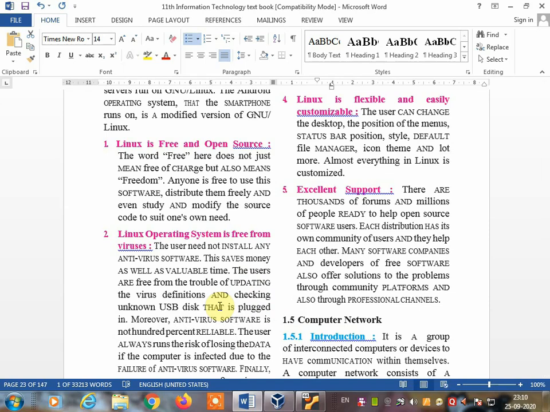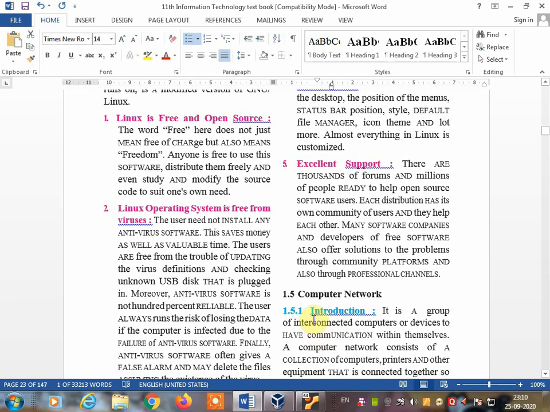So this saves money as well as valuable time. The user is free from the trouble of updating virus definitions and checking unknown USB disks that are plugged in. Moreover, antivirus software is not 100% reliable. The user always runs the risk of losing data if the computer is infected due to the failure of antivirus software.